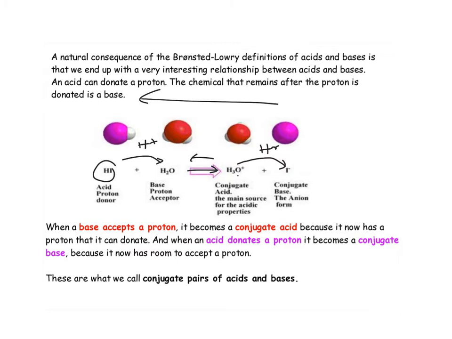If I have an acid, like this hydrogen iodide, what I end up doing is I form a base. We call that the conjugate base. If I have a base, like H2O, which accepts a hydrogen, it forms an acid, which is now able to give up hydrogens. So whenever we have Brønsted-Lowry chemical equations, we're always going to have conjugate acid-base pairs, where an acid is going to be paired up with the conjugate base,